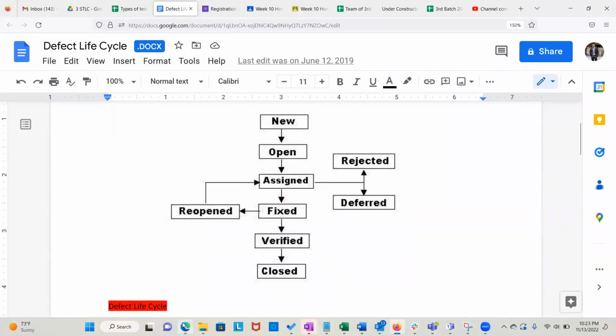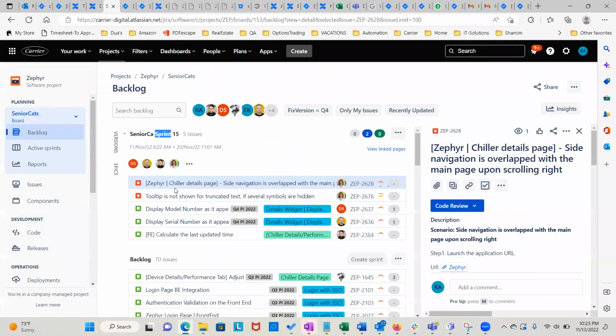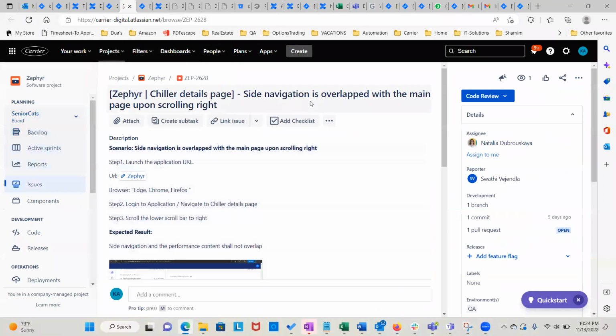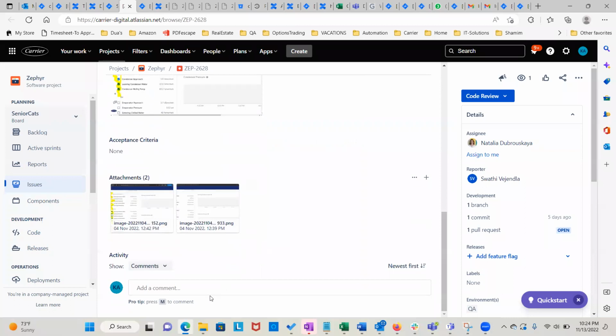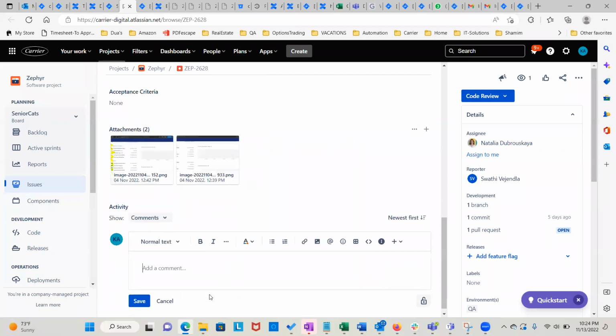Now, what else should I show here? Okay, so in that ticket, how do you do communication? There's a comment section, right? Anything. So let's say the developer, she's the developer, she wants to reject it. She can simply say, hey, you logged this bug, but I don't think it's a valid bug, reject it, done. She's just going to comment it here. Now she'll change it back to you.